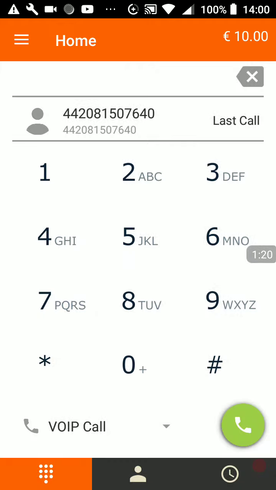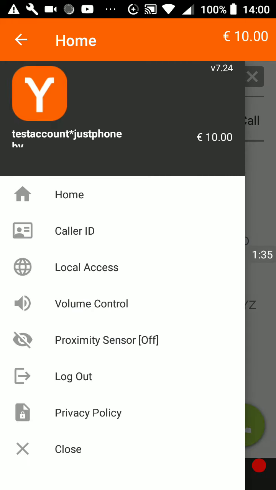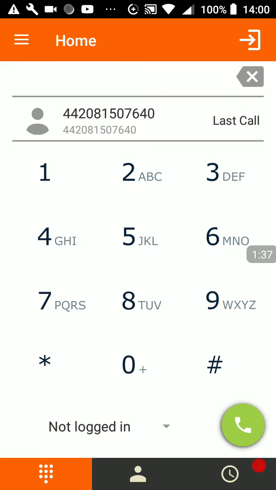Now, going back to the home menu, the important thing to remember here, again, as I said, is you can make your internet calls. You have to use the international dial code to do so. And to exit, you go to the main menu at the top again on the left and log out. And if you want to log out completely, you have the top